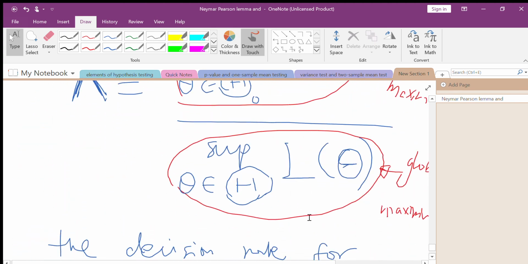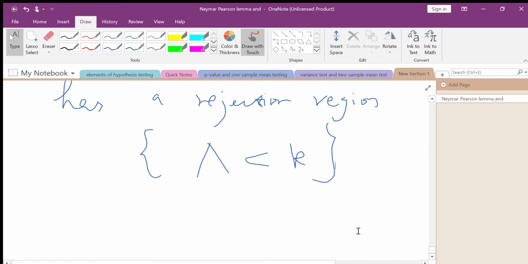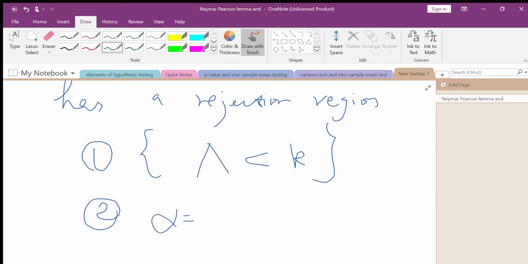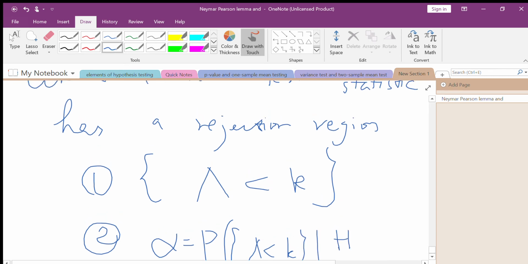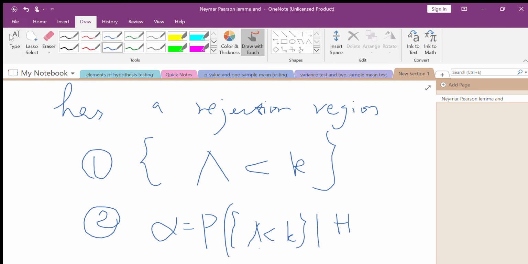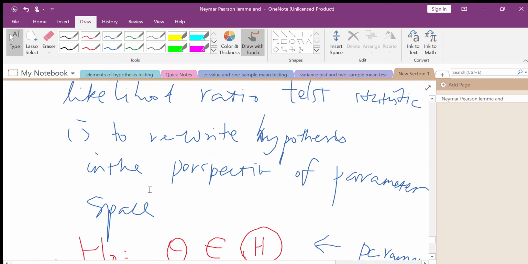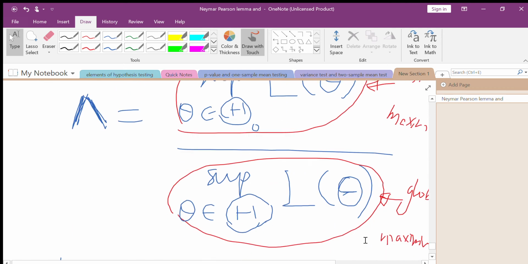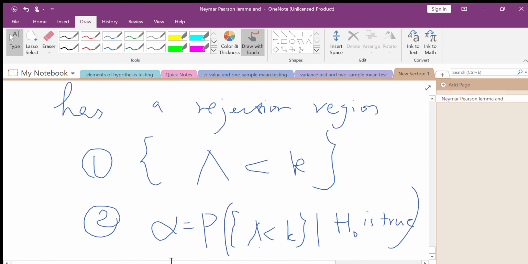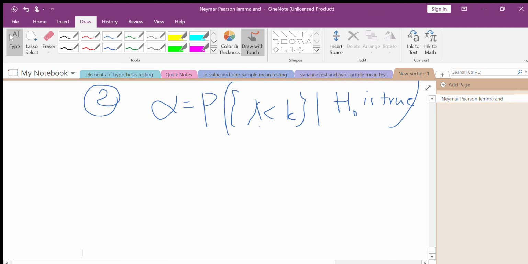The first step, we also write this. Second step, set alpha, the probability of this rejection region, given H null is true. We set this probability to alpha. This finishes the way to find the likelihood ratio test statistic in testing double-sided hypothesis testing. Okay,